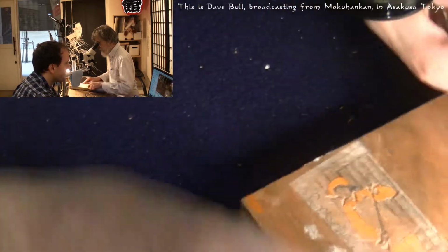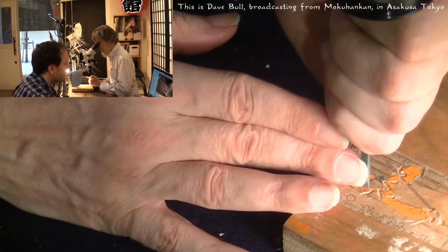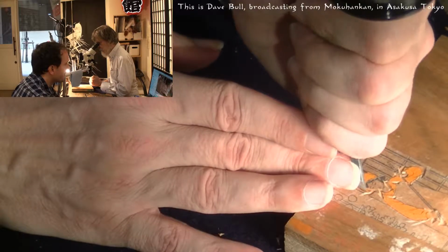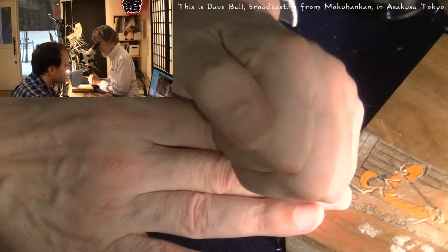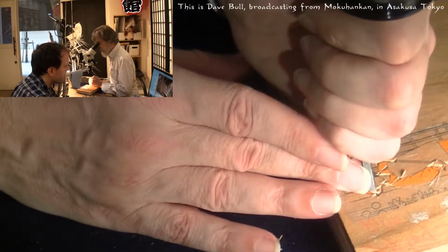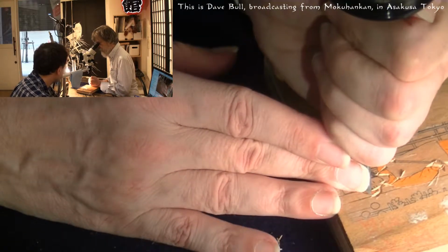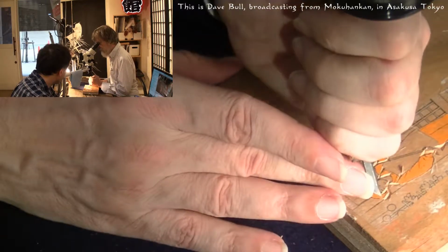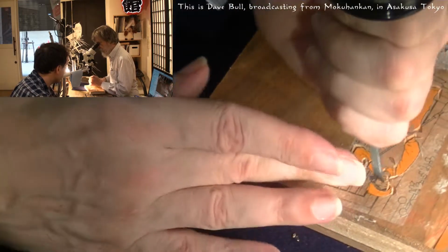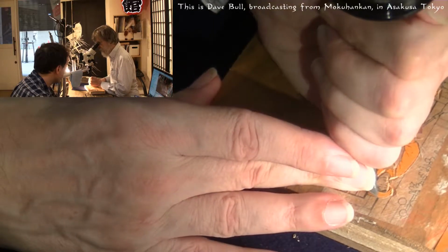And this is why we don't use other kinds of wood. People ask us all the time on these streams and in the chats and emails, what's the big deal about Yamazakura, mountain cherry? Why can't you try anything else? There are lots of woods in the world, of course, but this one, just a well prepared cherry block, has the perfect characteristics for the specific job that we're trying to do: the specific amount of moisture, the kind of pigments, the kind of pressure that goes on it, the way it matches with